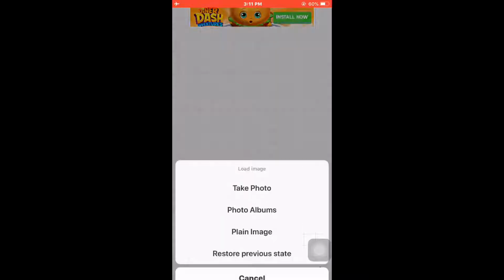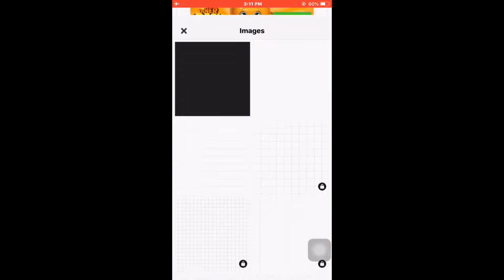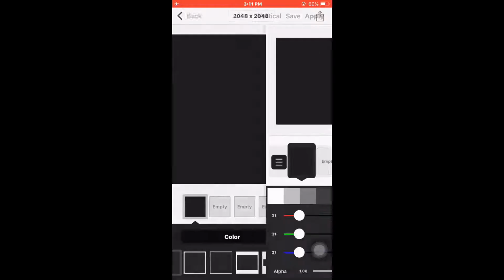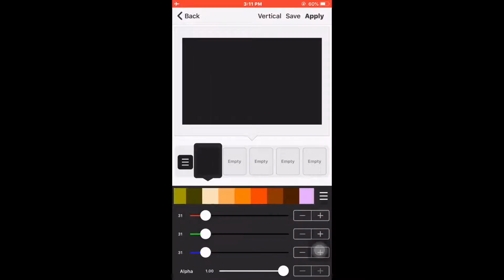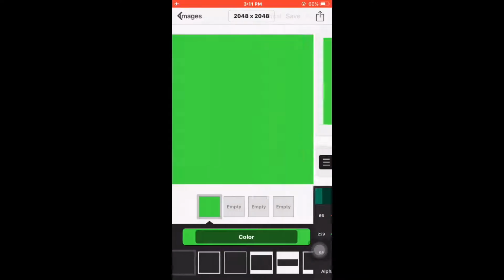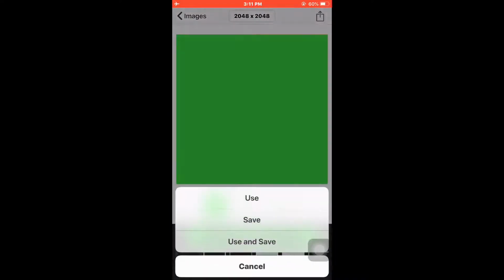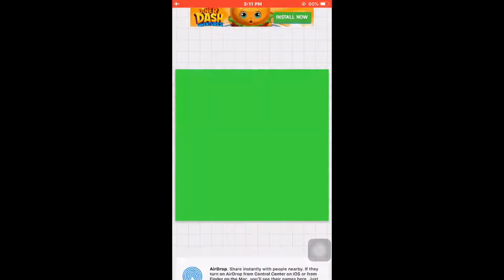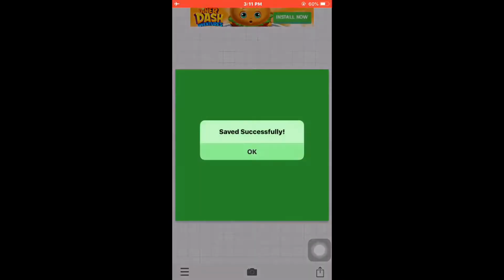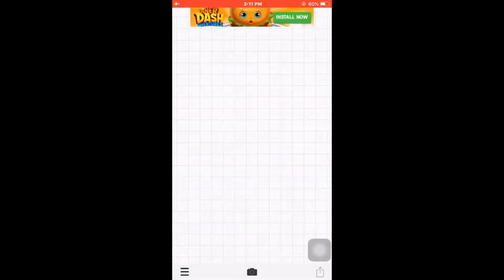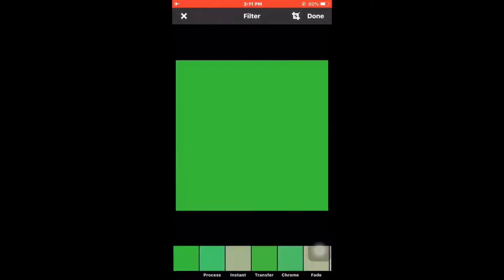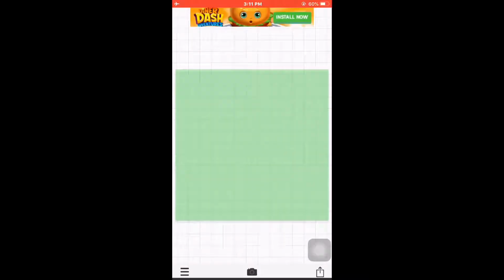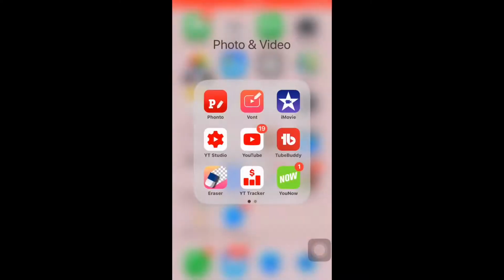So first you go to Phonto and you change the image to a green image. It doesn't matter which color green you choose, just choose green, and you save the image to your phone, and then you go back to your photo album and pick the image again,